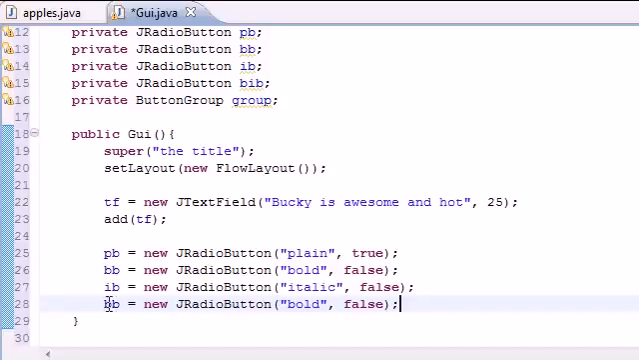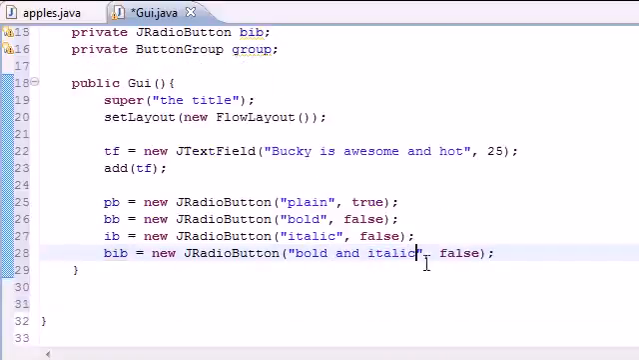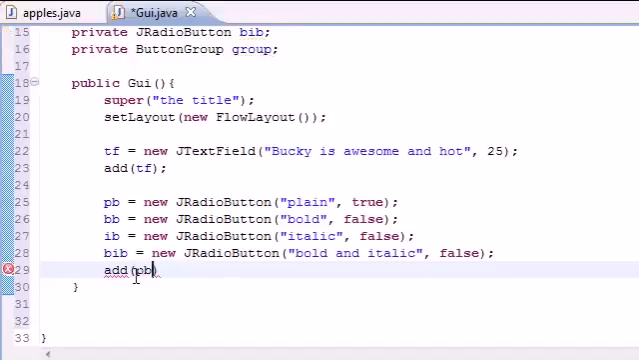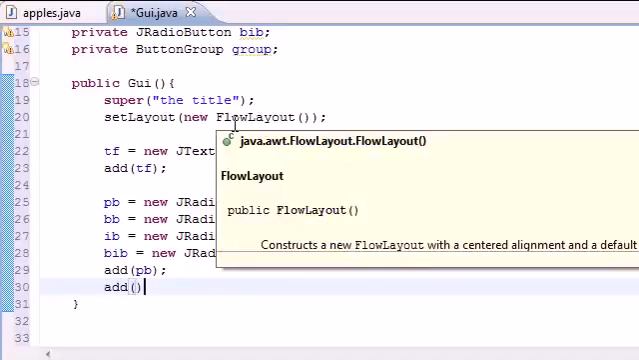And our last button is named bib, bold and italic button. So we'll just have like bold and italic sitting next to it. So now that we created these 4 button objects, we can go ahead and add them to the screen using add and PB. It should make this so you can add multiple ones at one time, but I don't think they do. So add BB,